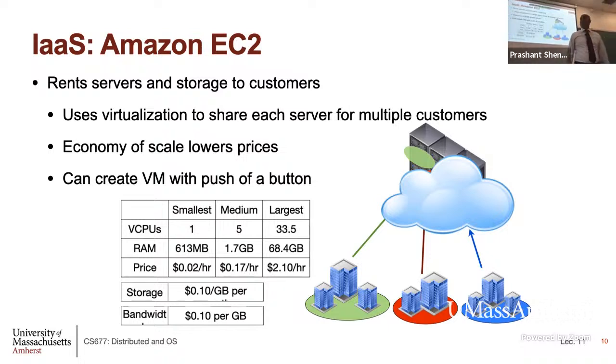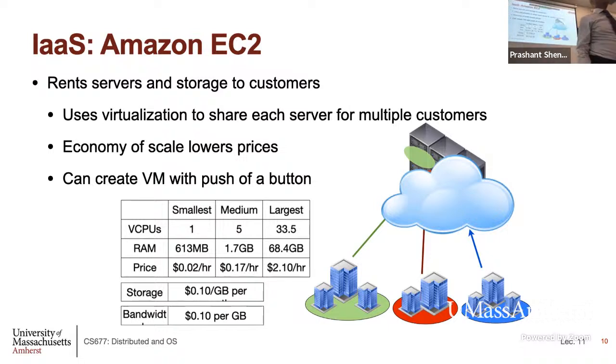Okay? And on top of that, you sometimes have to pay for network bandwidth. Essentially, any network bandwidth that's coming from outside the cloud, you have to pay for. And in some cases, depending on the type of VM, you might have to pay for storage as well. Okay? If you're using local disk on the VM, you don't pay for it. But if you have what is called elastic block service or elastic file system, which is external storage, you have to pay extra for that. Okay? So it should give you some flavor of how much it costs to rent these VMs.